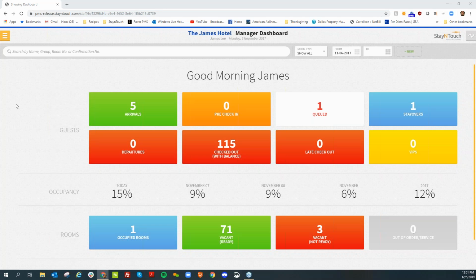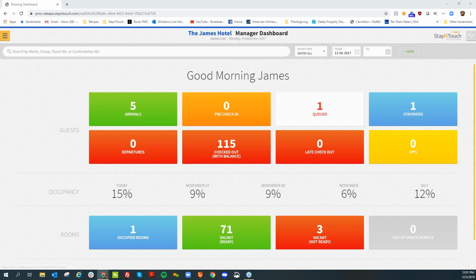Well, hello, everyone. My name is James Lee, and today we will be discussing some new features that we rolled out in version 5.15. The first thing that we're going to be reviewing today is some new enhancements that we've made to the ability to set up our contract negotiated rates. Previously, to create a contracted rate, you had to do so on the company card, but we have made changes now to where you could just create a rate code and attach the rate code to a contract directly